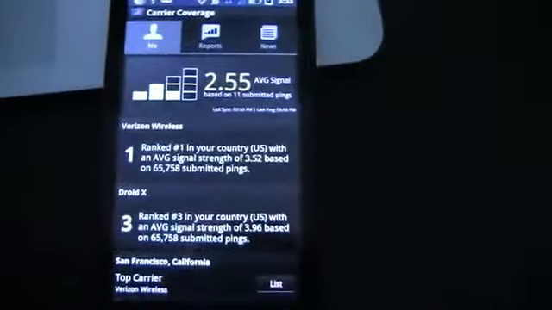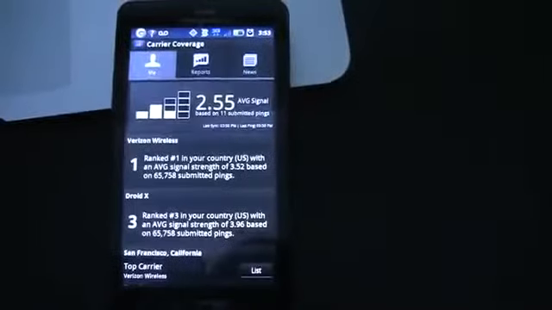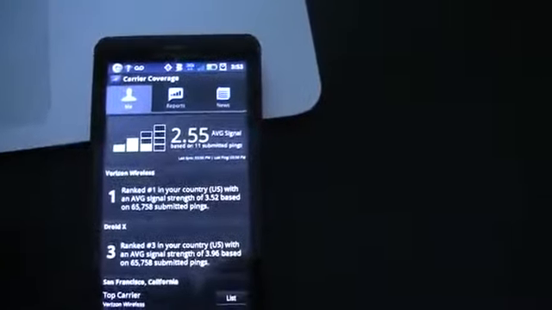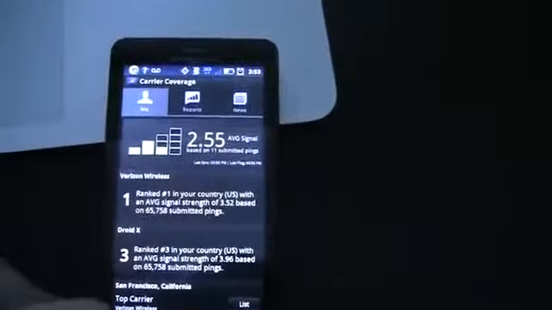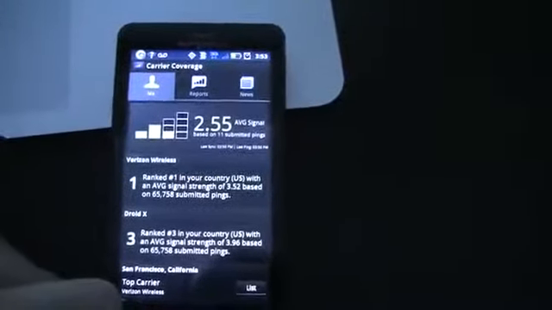So let's dive into the app and show you what it's all about. When you open the app, you can see there are 3 different tabs: Me, Reports, and News. At the top of the Me tab, it shows what our signal strength is over the entire use of the app. So, from when I first opened it until now, what is my average signal strength? I've only submitted 11 pings, and my average signal strength is